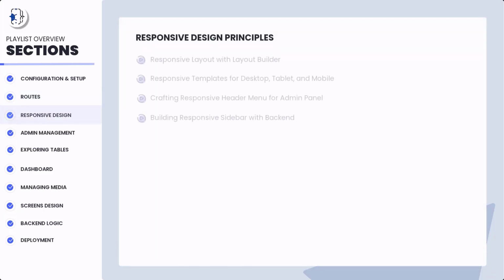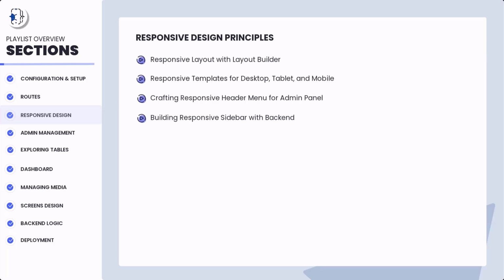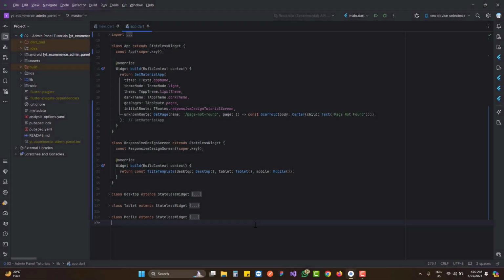And in the third section we covered all the responsiveness and created all the widgets that we are going to use to make our design responsive for desktop, tablet and mobile. So if you're new, you can watch these previous videos. The link is in the description. Watch this complete playlist. Okay, so let's get started with today's tutorial, and I am inside the project which we